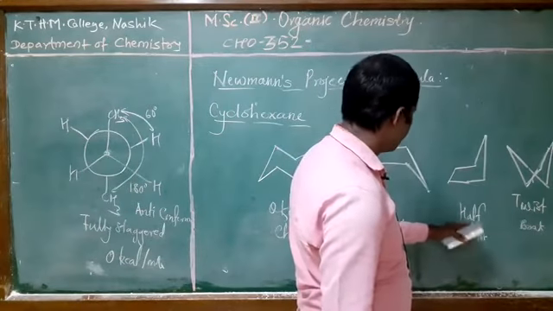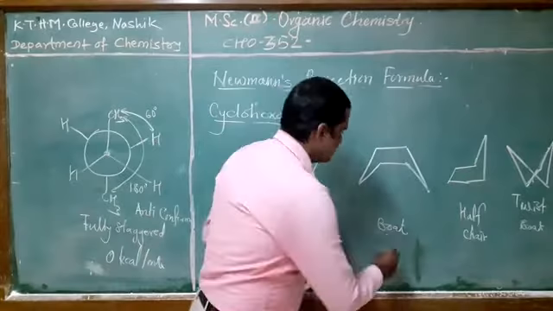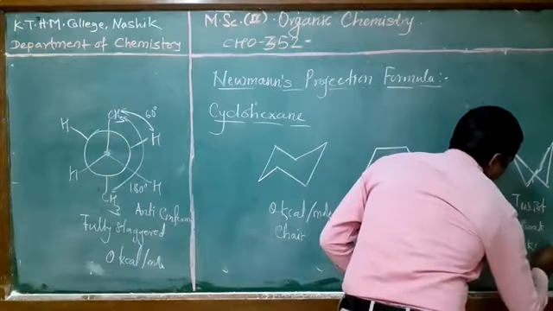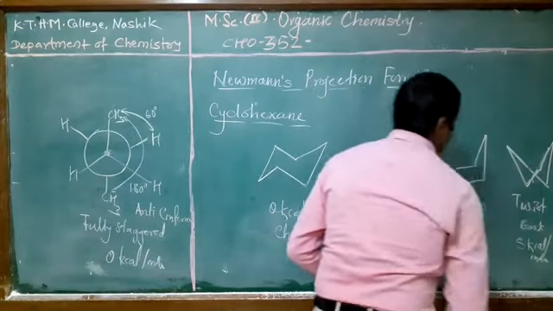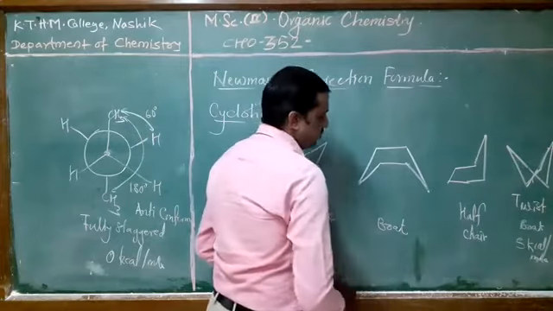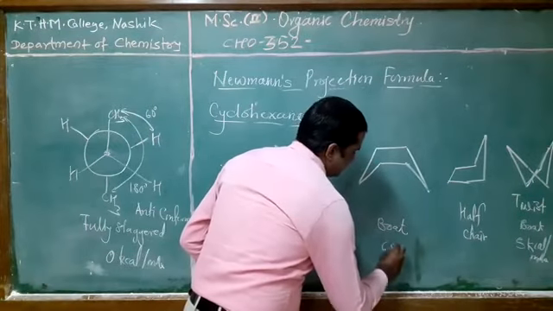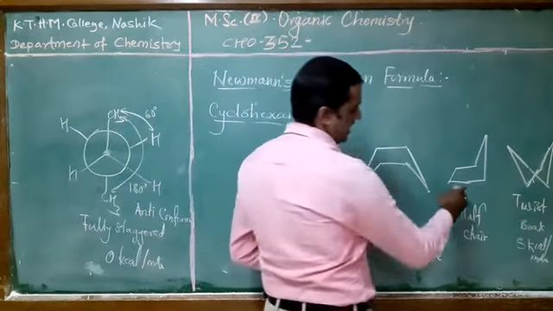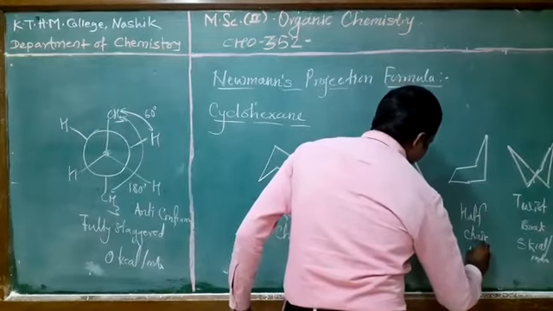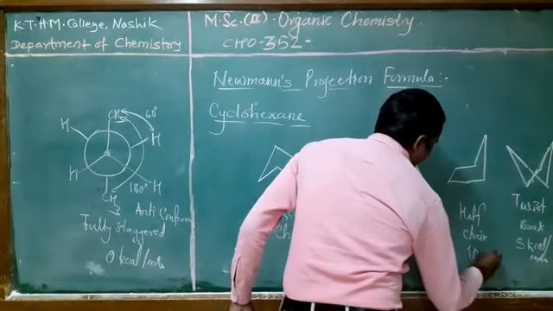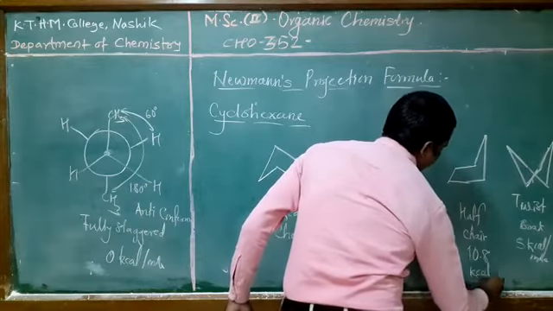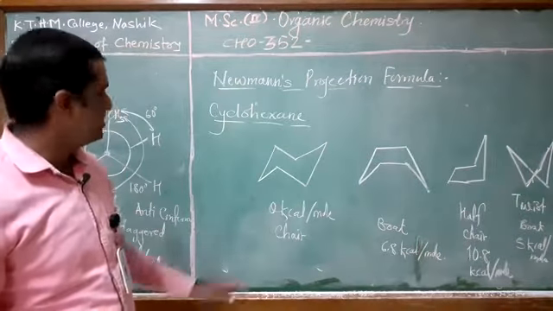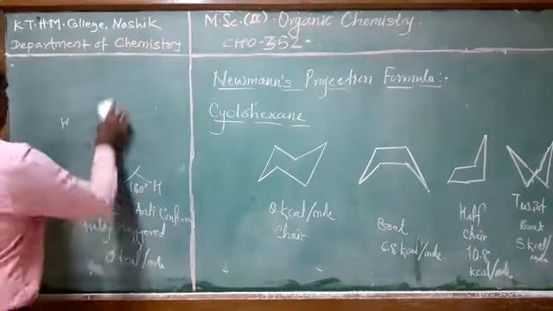For the boat conformation, the energy content is found to be 6.8 kilocalorie per mole, and for the half chair conformation, the energy content is found to be 10.8 kilocalorie per mole. So among all these conformations, we observe that the half chair conformation is a very unstable conformation of